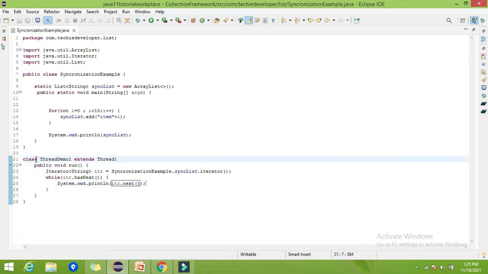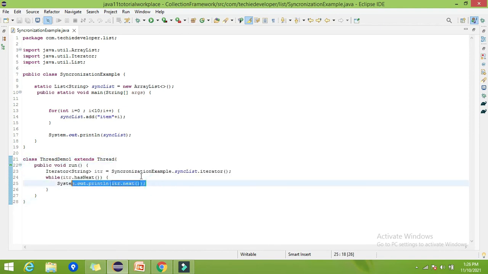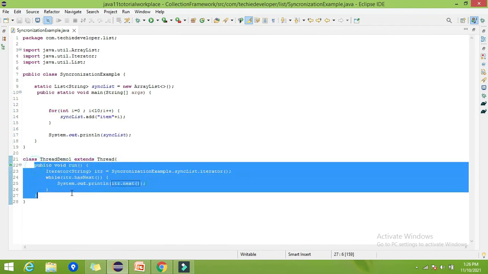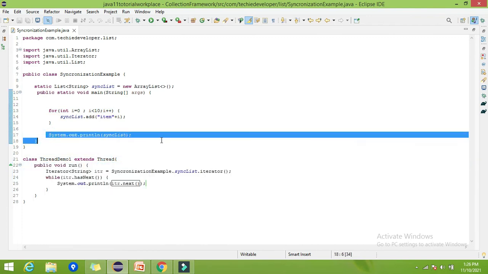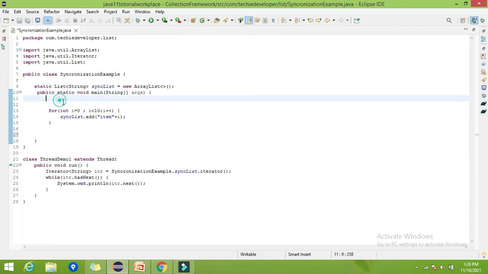What I have created is another thread which will simply read the elements from the sync list we created here. Now I want to read this by this thread, right? Now let me comment out this line.